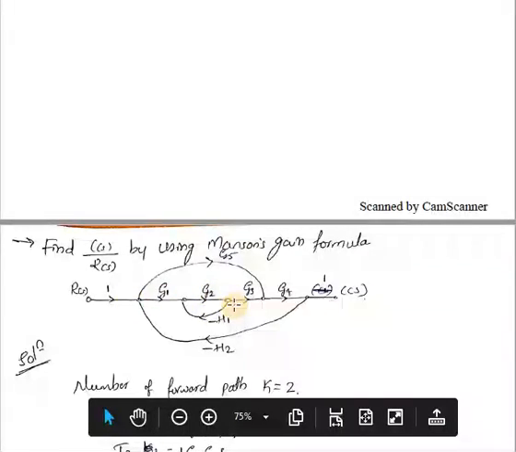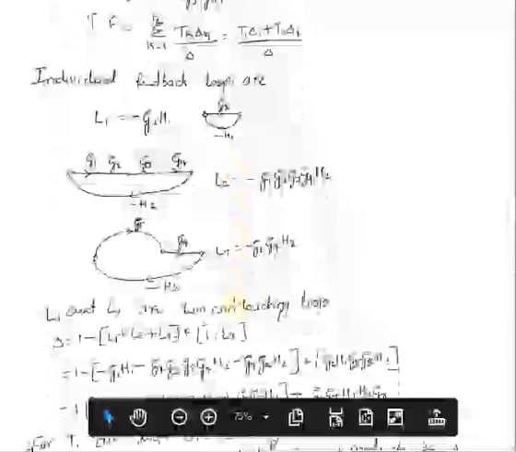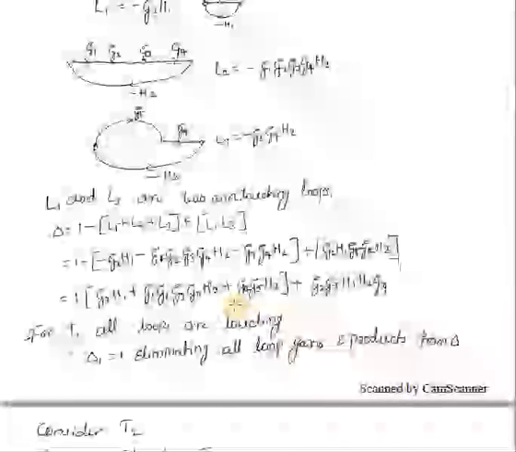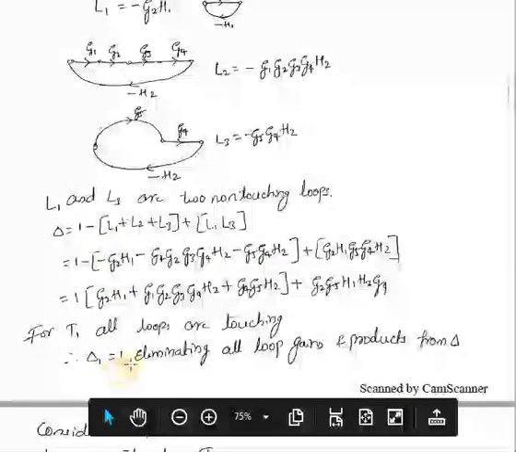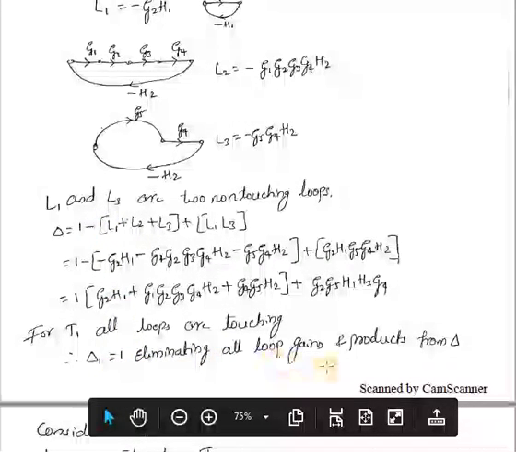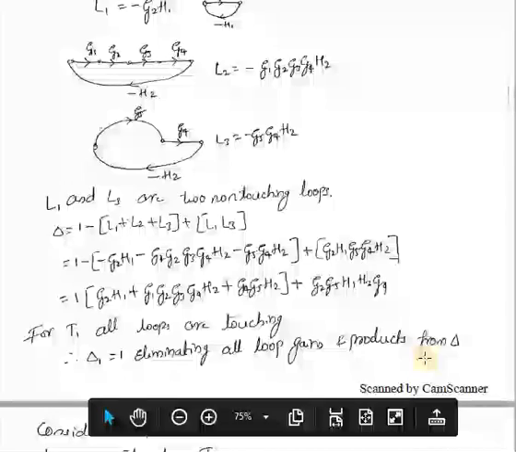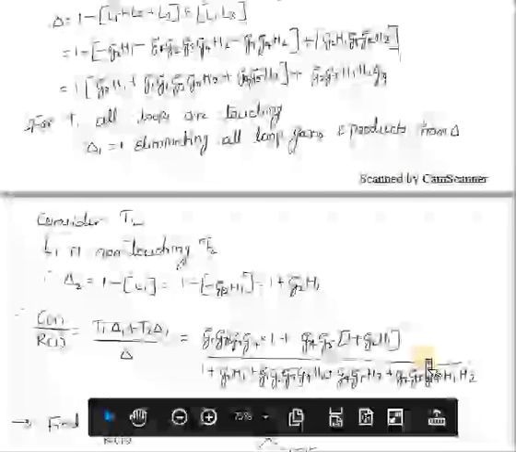the node which is on the first forward path. So we eliminate all the terms, or all the loops, which are touching the first forward path in this delta equation. When all are touching, we are left with delta 1 as 1, that is eliminating all loop gains and products from the delta. Similarly, delta 2,